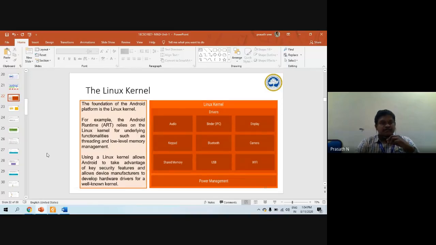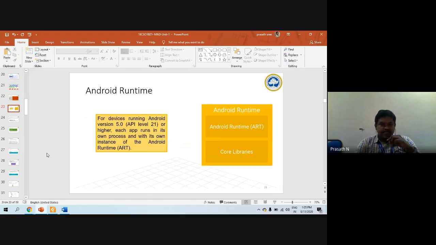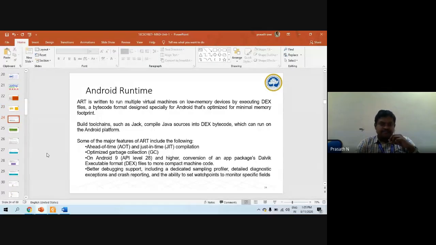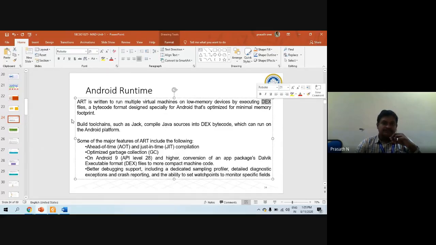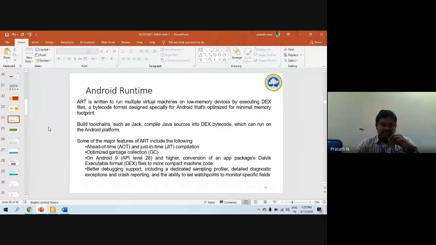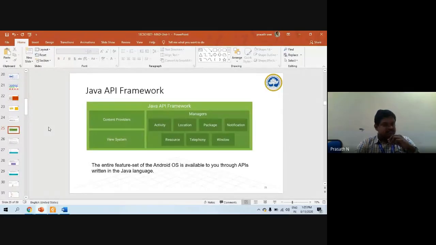Okay, so we discussed the Linux kernel as the first part, and then Android runtime. In that we saw two different categories: core libraries, and in that terminology we discussed API level, which says the version of Android. We also saw ahead-of-time compilation, just-in-time compilation, and optimized garbage collection. All these parameters we discussed, and also an important thing, the DEX bytecode and DEX files, and then the Java API